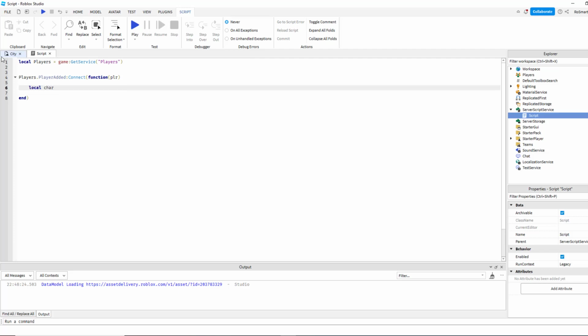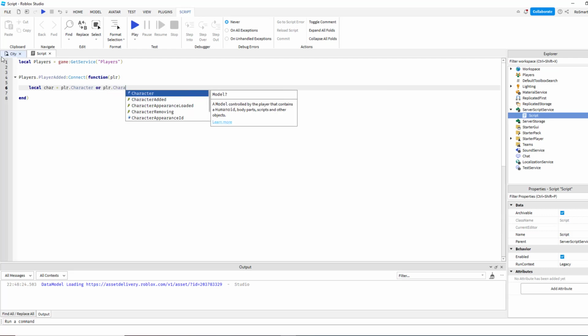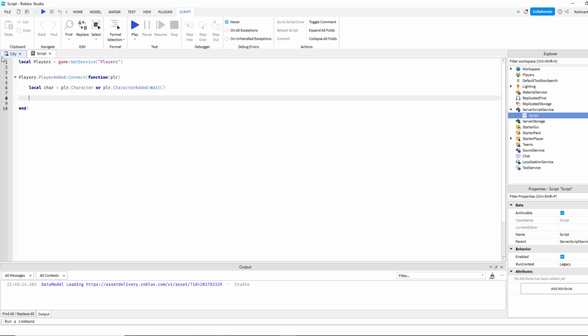Right, now let's find the character of this player. So plr.Character or plr.CharacterAdded:Wait(). So we basically use a character that exists, or if it didn't load yet, then we use CharacterAdded:Wait(). Okay, we found a character and now let's find its head. So head equals